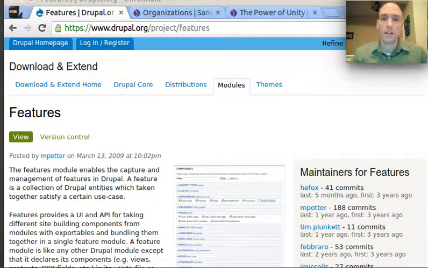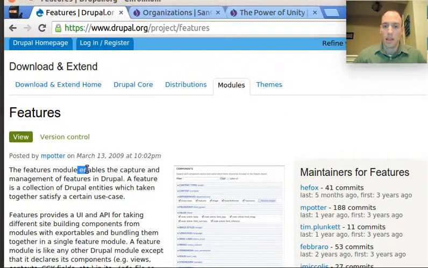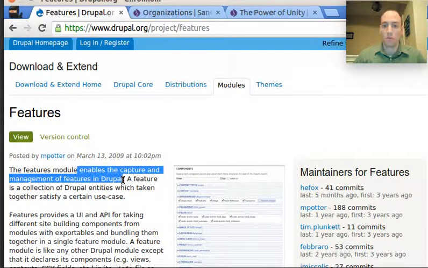Welcome back. Today we're going to talk about the Features module in Drupal. In order to understand the Features module, you first have to understand what a feature is. In this context, we're talking about a feature as a collection of Drupal entities that are meeting some desired use case. And then what the Features module does is it enables us to capture and then manage those features, or those